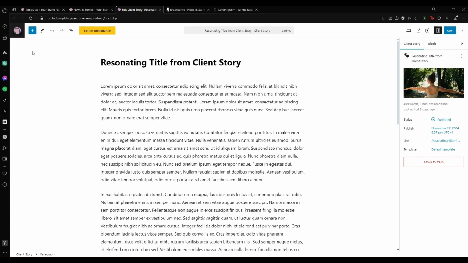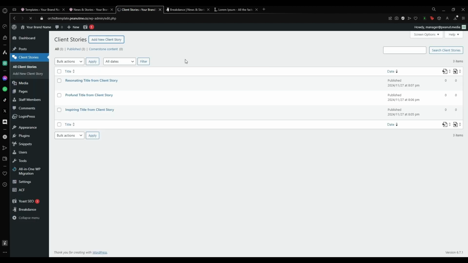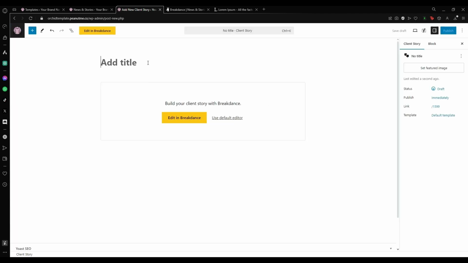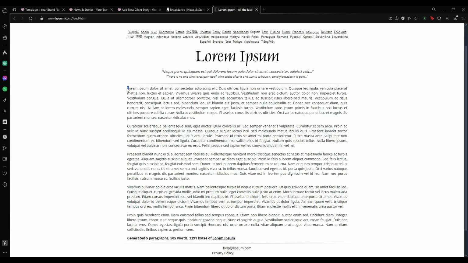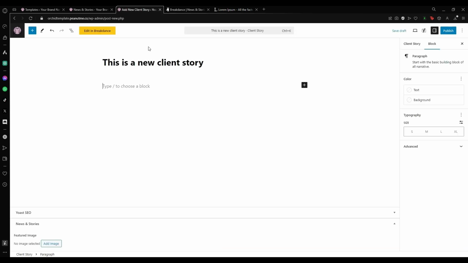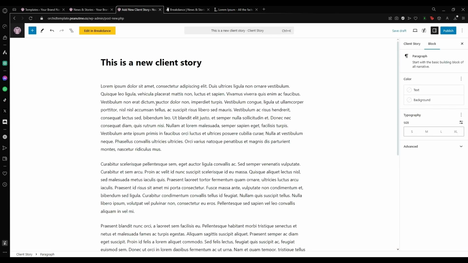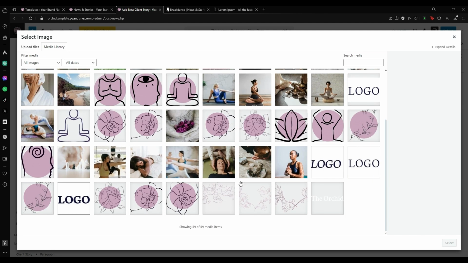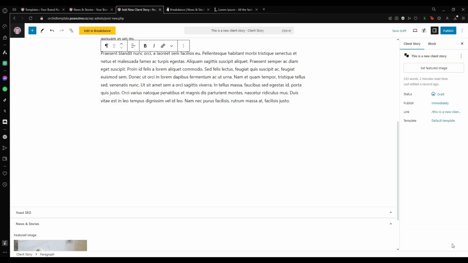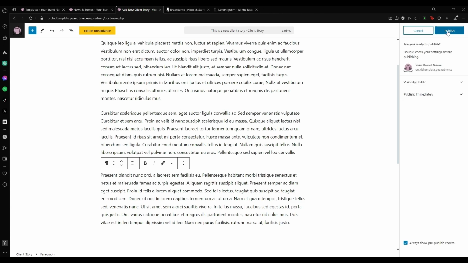And then if you want to add a new client story, it's just like adding a blog post. This is a new client story, I'll say that, and then I'm going to use the default editor. It's important. I'm going to paste some lorem ipsum so we can see, and I'm going to upload a featured image. Let's use this one at the bottom. And then when we hit publish,